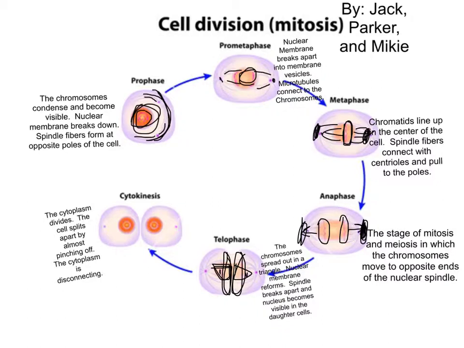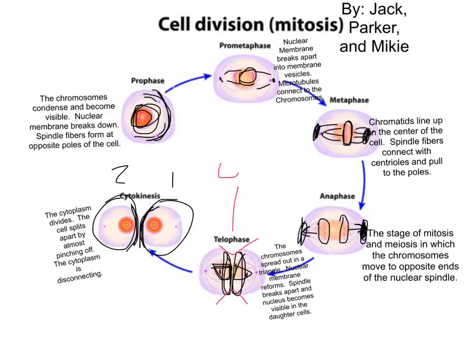The next phase, cytokinesis. Cytokinesis is the final stage of mitosis. The cytoplasm divides, and the cell splits apart by almost pinching it off. The cytoplasm is disconnecting right here and right here. And now you have two identical daughter cells. One thing I need to mention about telophase, as you can see right here and right here,